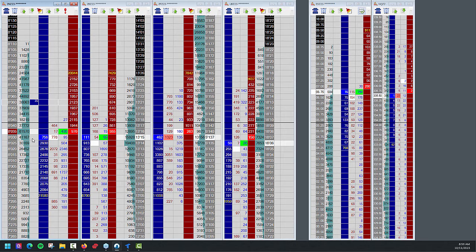So despite what the regulatory agencies would have you believe, spoofing takes place every day. Even though they catch people and they find people, you still see it every single day. It does influence price, and you want to be aware of it. This is an excellent example of that.